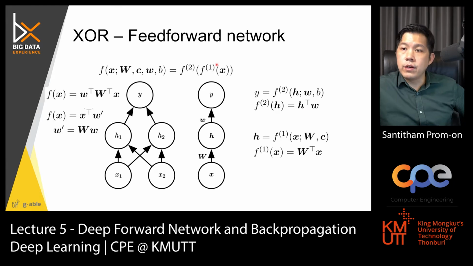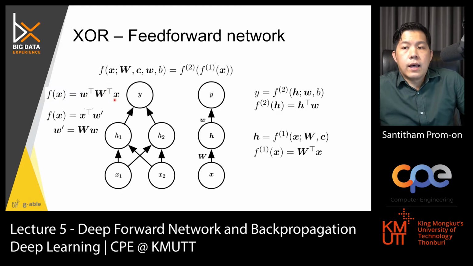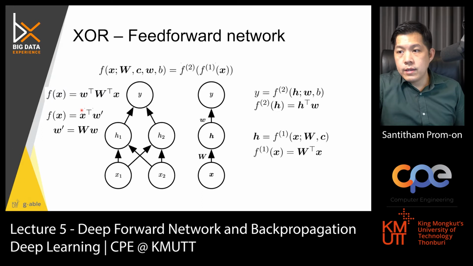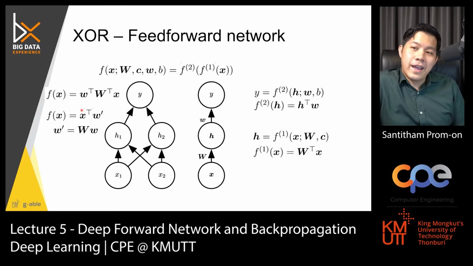In summary, if we look at this computation of the function, we have the final output as w transpose and the capital W transpose and x. So this can be represented as x transpose and w, where w is actually the combination of the two. So it means you can just compute it one time for the linear function like this, and if you look at it this way,